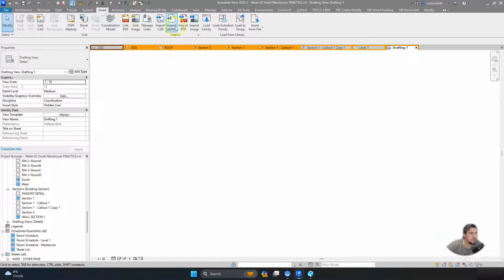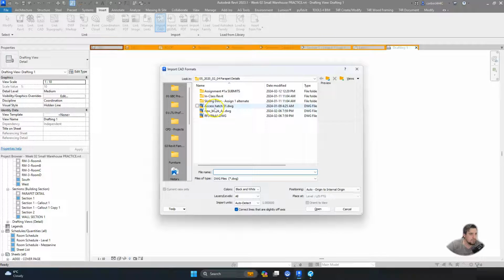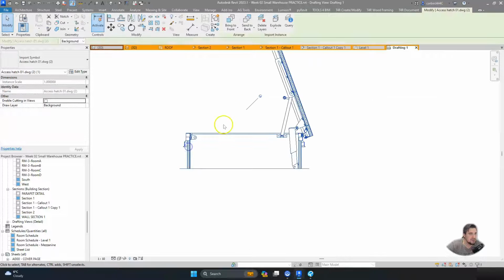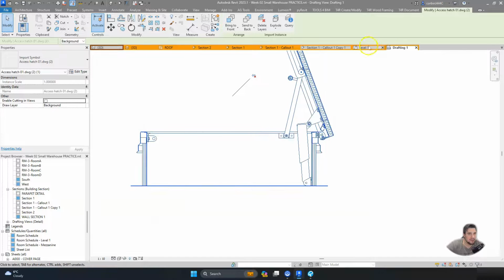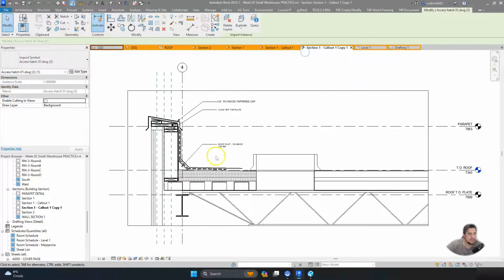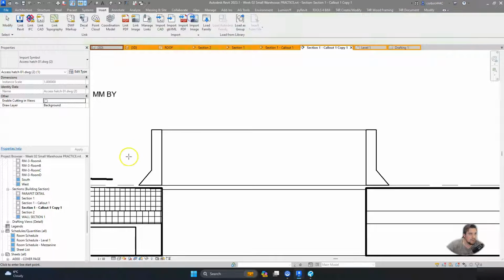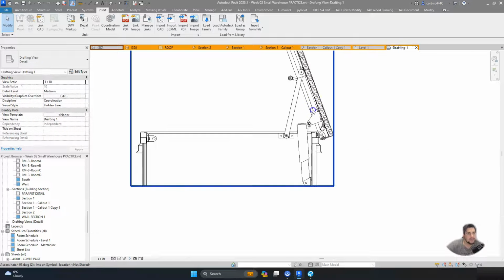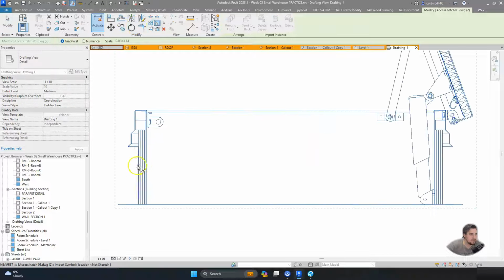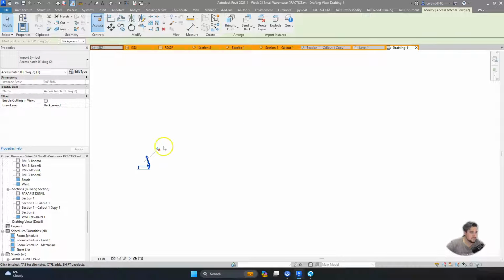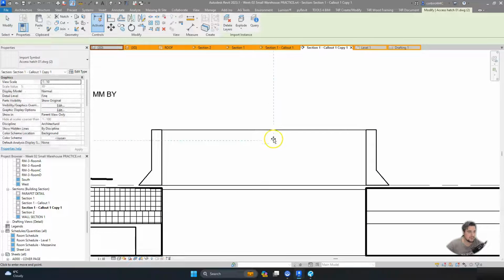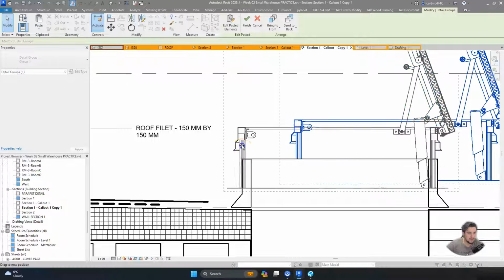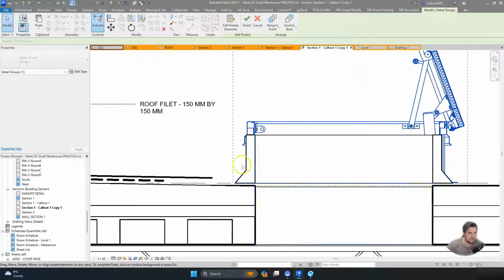And let's go to Insert, Import CAD. Let's import that axis hatch into this right here. We're going to unpin it, and let's go back to our thing here, and let's just measure this right now from side to side. So we have 880, and so let's scale this down from edge to edge to be 880, and so that's a lot smaller. Now we can hit Control C, copy this, and we can paste this into our view here,